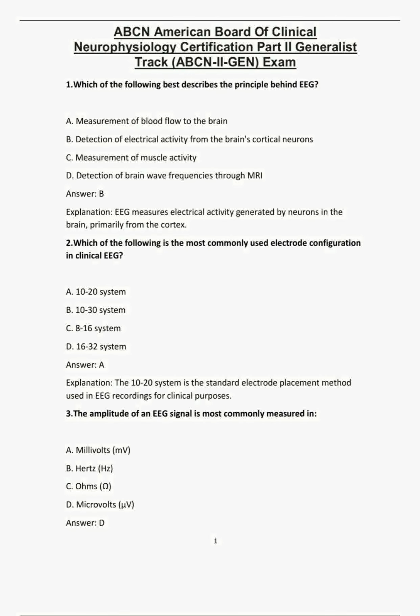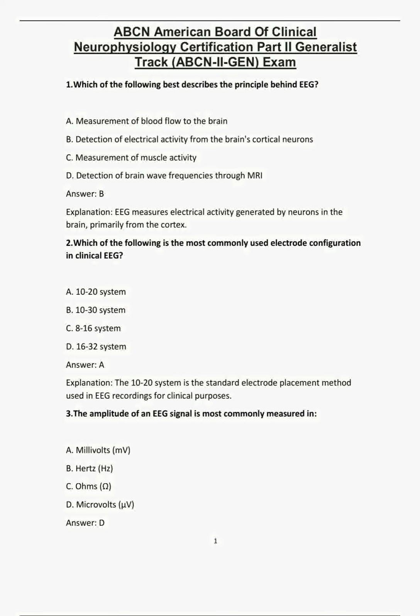2. Which of the following is the most commonly used electrode configuration in clinical EEG? A. 10-20 system. B. 10-30 system. C. 8-16 system. D. 16-32 system. Answer A. Explanation: the 10-20 system is the standard electrode placement method used in EEG recordings for clinical